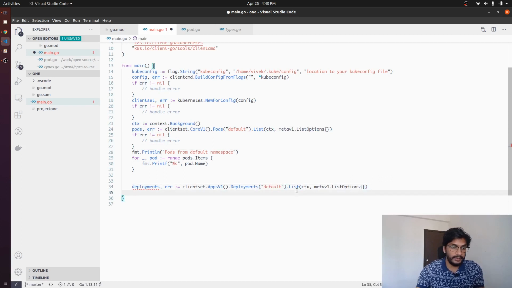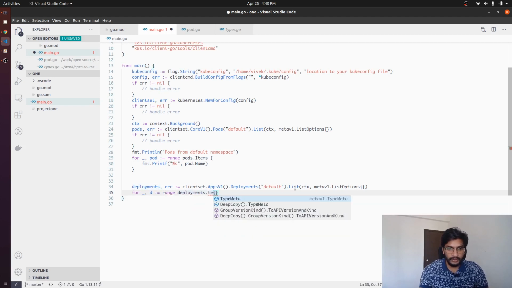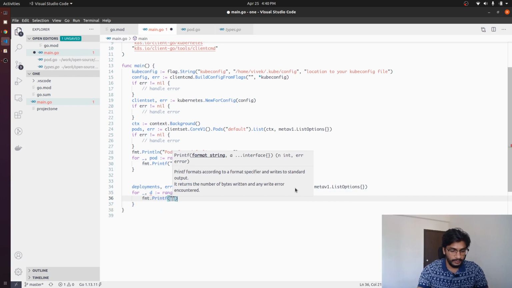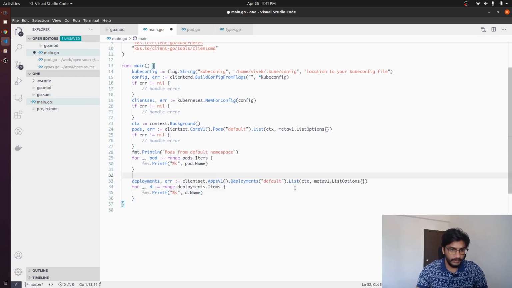Yeah, and again this returns DeploymentList, and that has Items. So what we can do is for _, deployment := range deployments.Items,